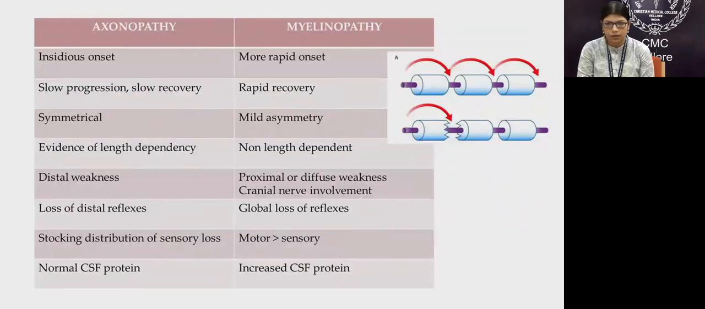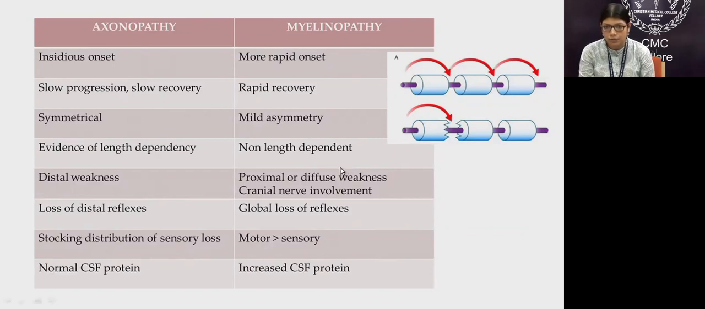Usually, axonopathy is symmetrical because the drugs and the toxins and the metabolic insults affect the cell body, and hence the terminal part of the axon gets affected. Thus, the longer nerves are affected first compared to the shorter nerves, and this forms the basis for the length-dependent neuropathy. And axonopathy, because of the length-dependent pattern, has more of a distal weakness, whereas in myelinopathy, it